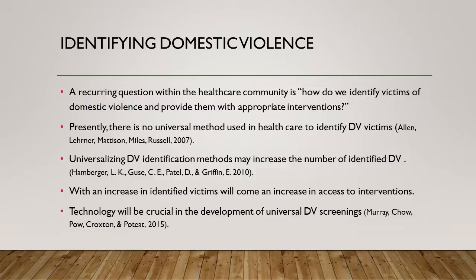With an increase in identified victims, there would also be an increase in the provision of interventions given to those victims. Technology will be crucial in the development of this universal screening,